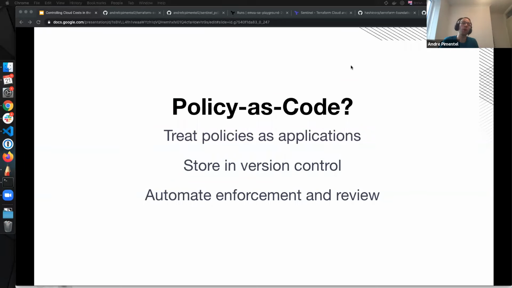It also doesn't scale well. So let's say it's me and my colleague, but what about teams or multiple teams? What if you have 100 pull requests? Do you manually analyze all the pull requests? That's also not very good, right? So with Sentinel, we automate this process. We ensure that the policies are going to be run. And also they will happen, as I'll show you in the next slide, before the apply phase. That's very important.